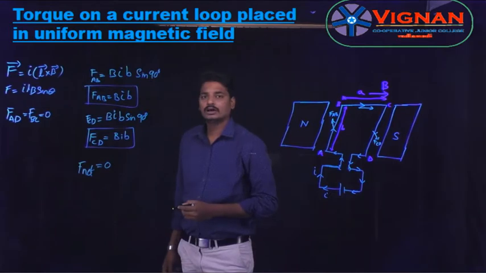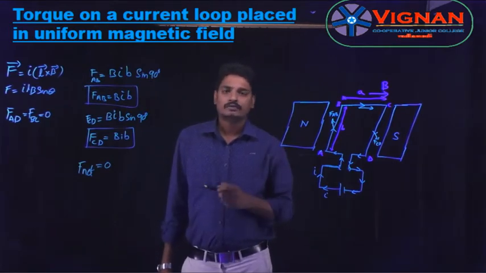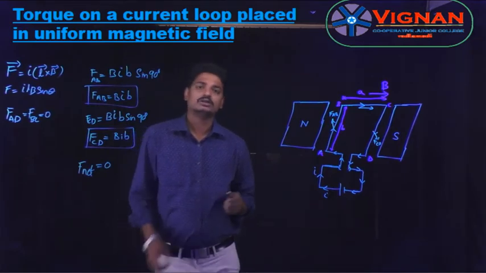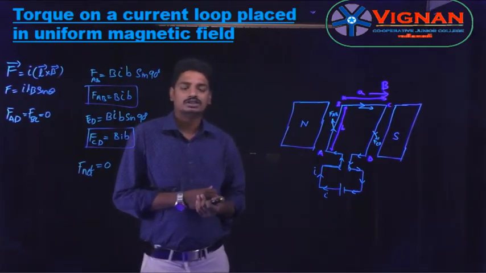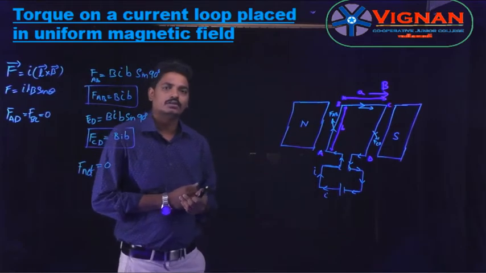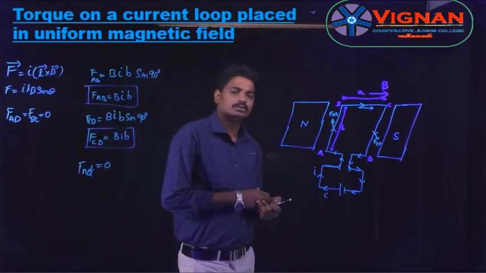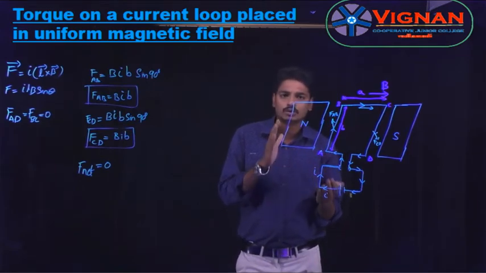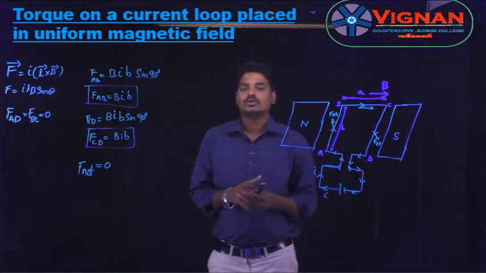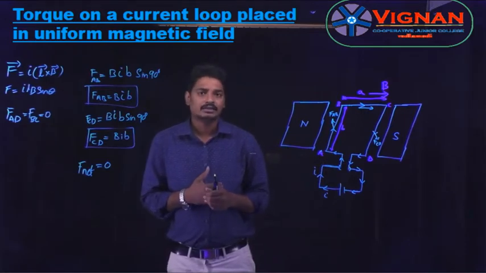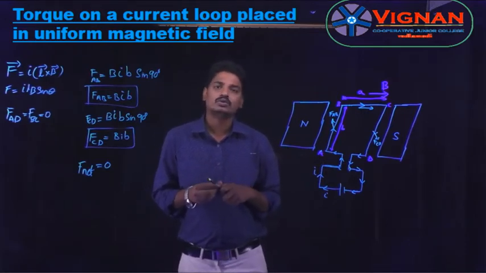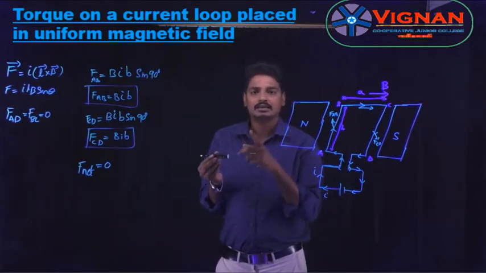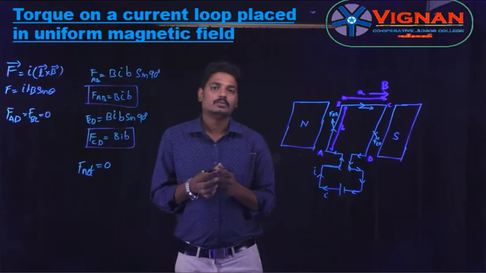Then what about the torque? From our first year chapters, system of particles and rotational motion, we came to know about rotational torque. What is the rotational torque? Torque is a physical quantity which causes the body to rotate. When two forces act in opposite directions as a couple along an axis, then the body will rotate.